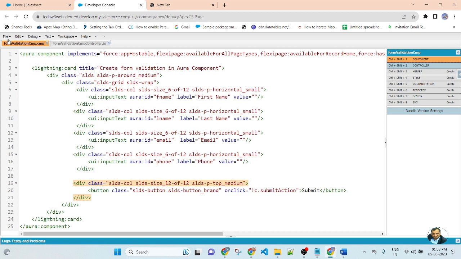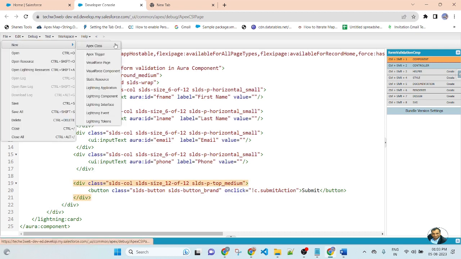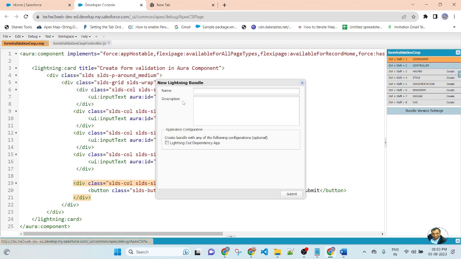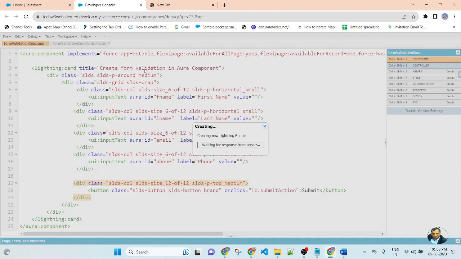So now let me create another one, and that is an application. So a Lightning application. Name of the application is formValidationApp. This component will be called in this application.